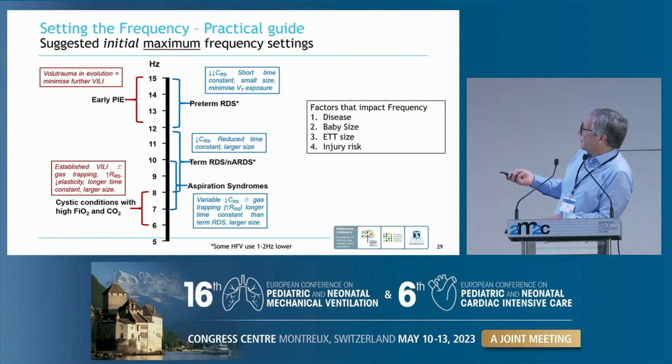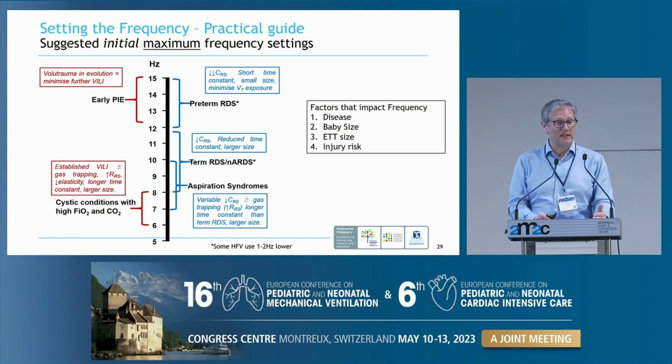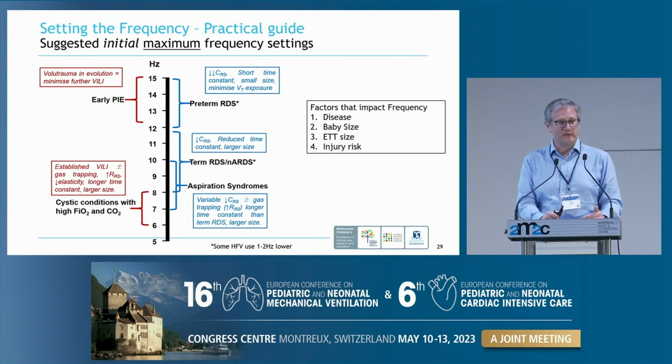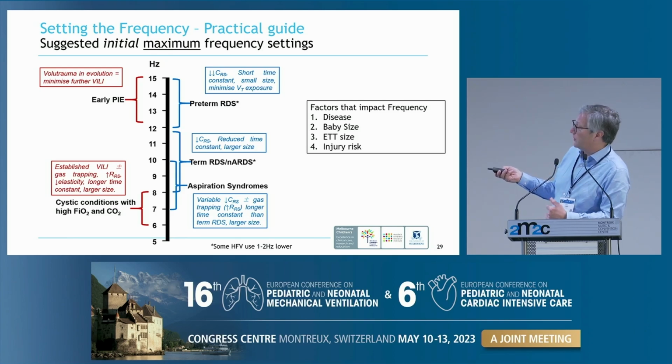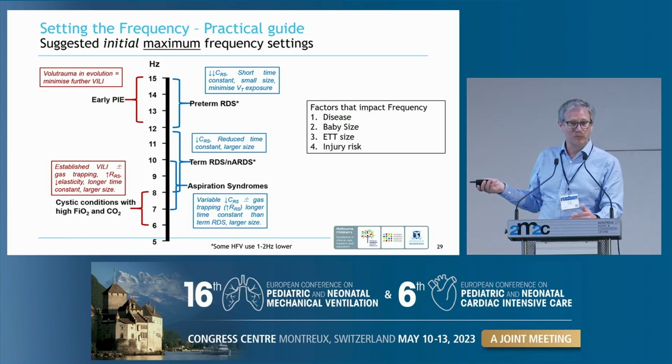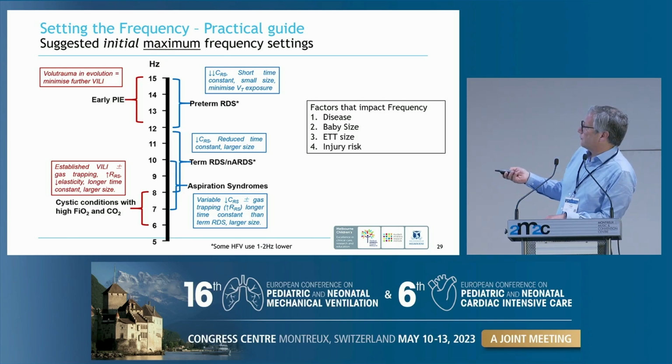If they have an aspiration syndrome, any of the severe aspiration syndromes, we generally have poor compliance, but we may have severe gas trapping. So here it gets more fun, and they're generally really big babies, many of them. If they've got predominantly a surfactant deficient problem with their MAS, I would tend to use the higher end of the range for frequency. But if they've got resistance as their main problem, then I tend to go down with the frequency to 7 or 8 and play around.